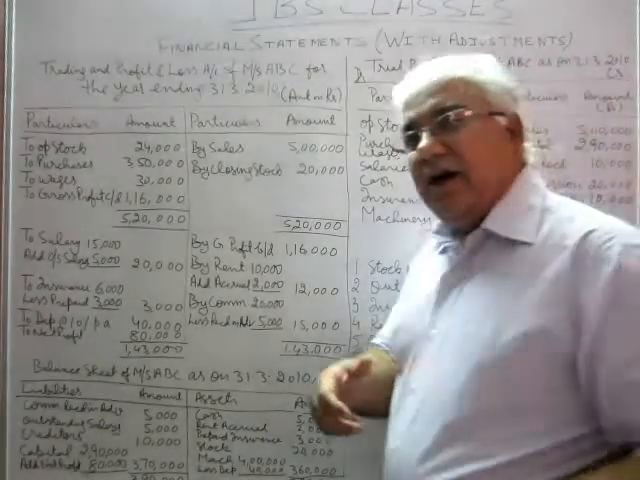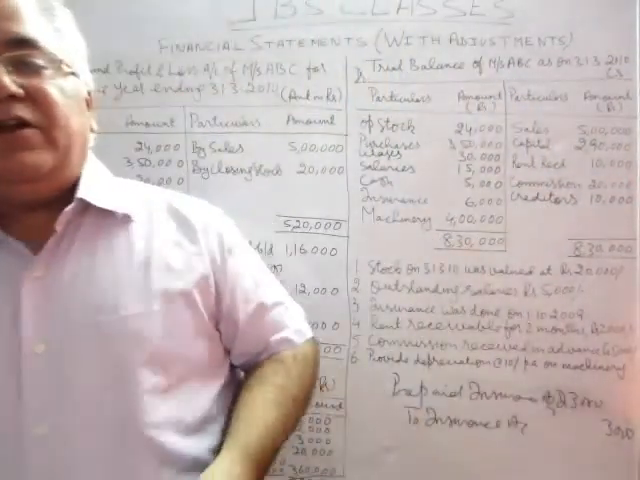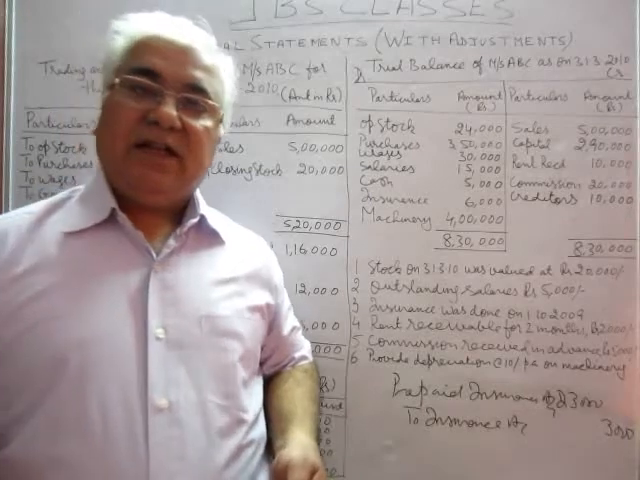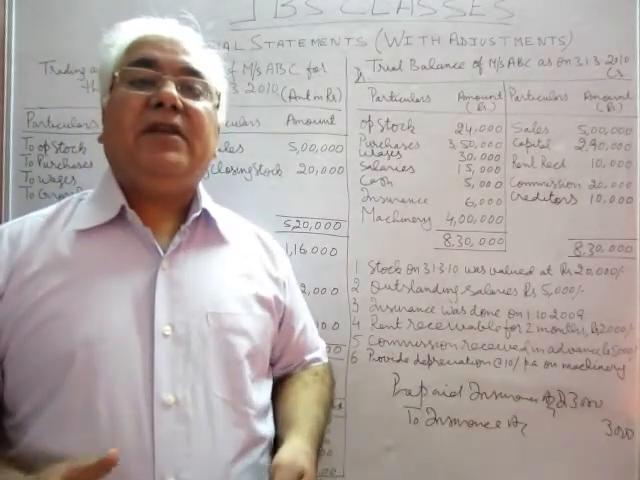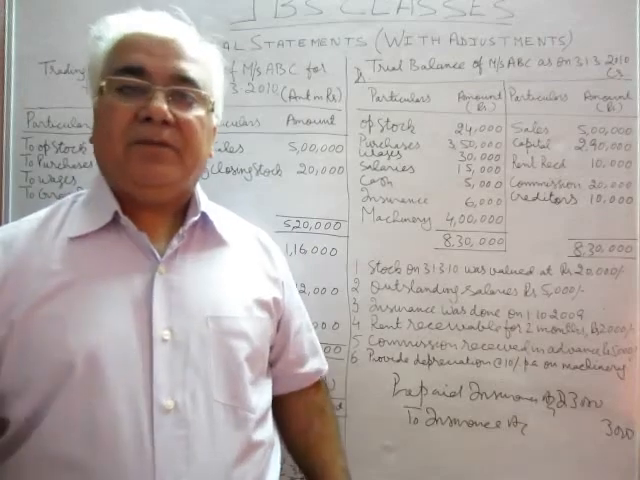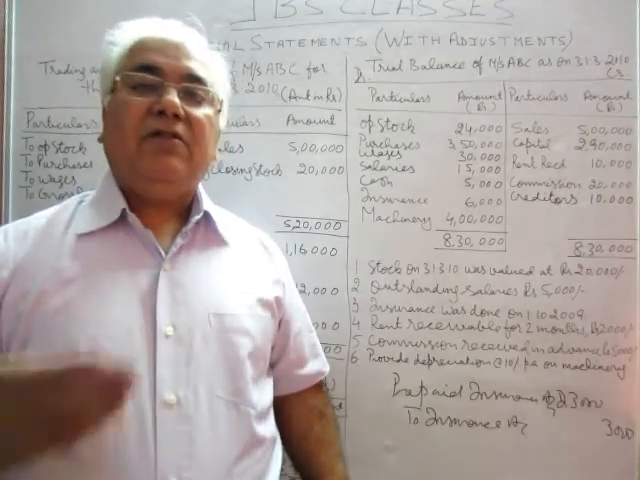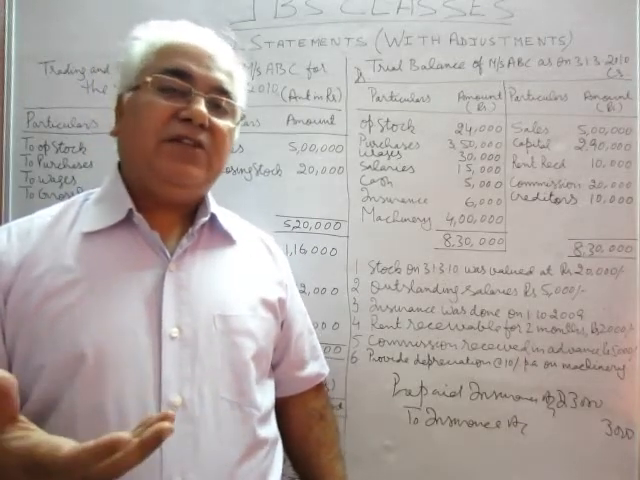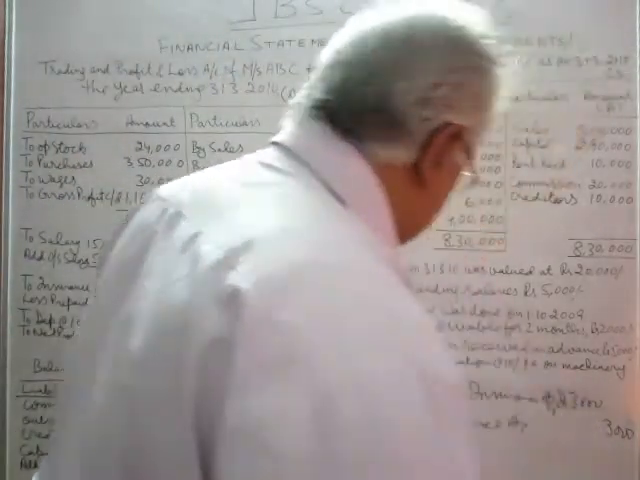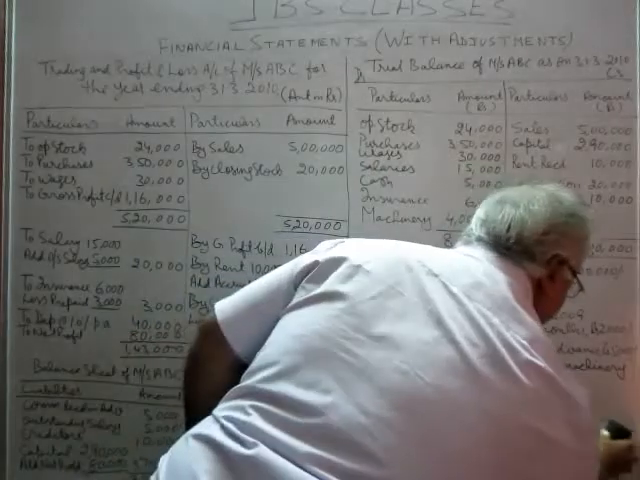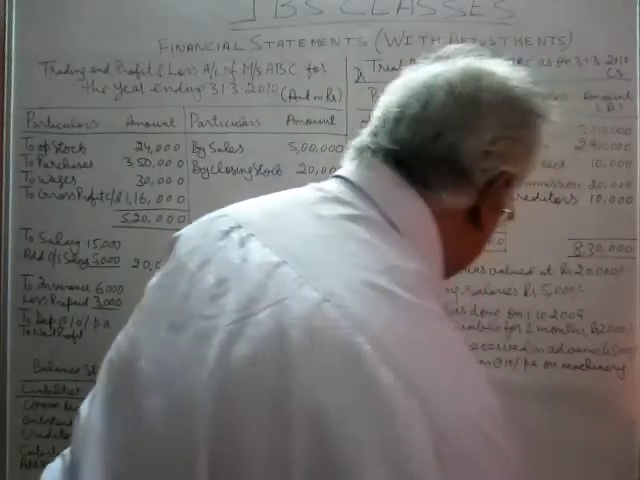Now, next is rent receivable for 2 months, rupees 2,000. That means we have to receive rupees 2,000 as rent from our tenants. It has not been received. It means it is our accrued income. We must take into this year, and we must create an asset called accrued rent. So entry for this will be